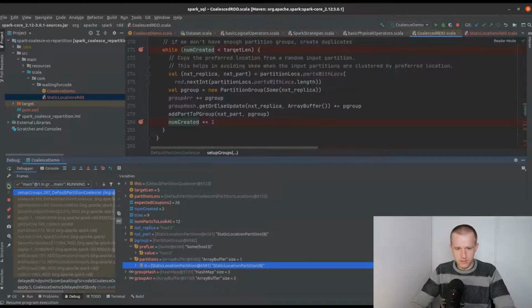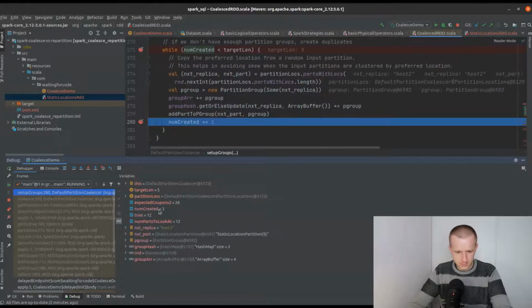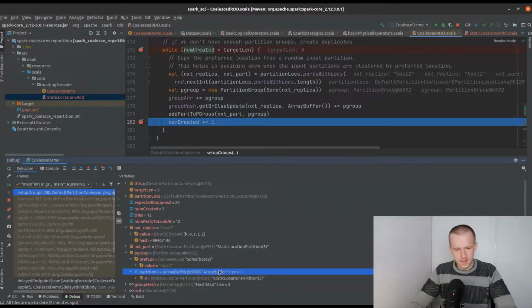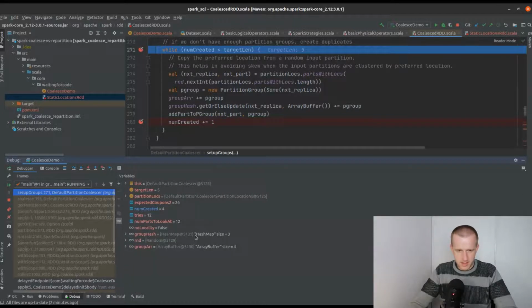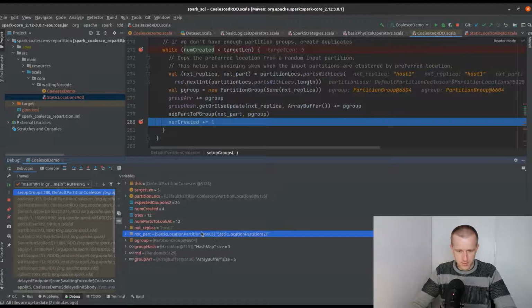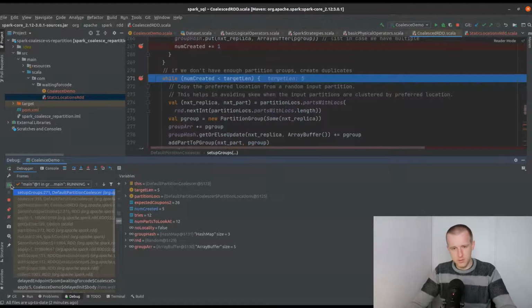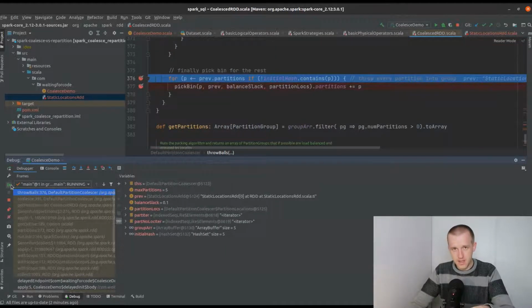So here it should iterate only twice. As you can see here, we create a peg group for host 2, so we already have the groups for host 2, and the second will be for host 1 and for the input partition number 2. After this method, we have Coalesce partitions, and now Spark will iterate over all remaining input partitions,